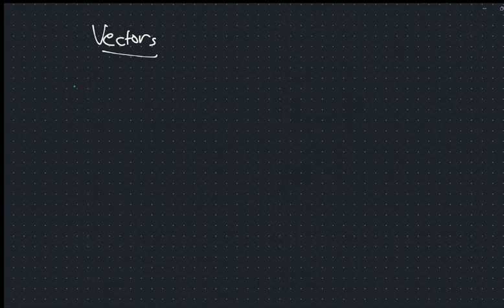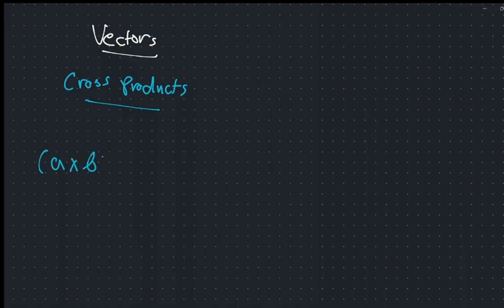So the reason behind the discussion of unit vectors is because I really want to move into the cross products, because they're different than the dot products. So cross products look something like this: A cross B. And the way to find A cross B is by using a matrix. It depends on how many dimensions we have,